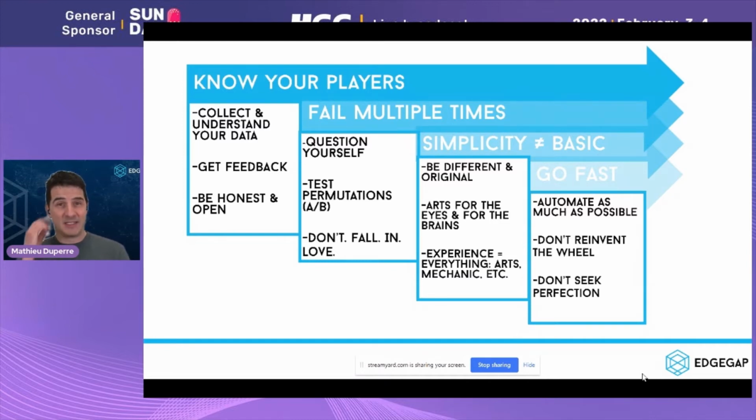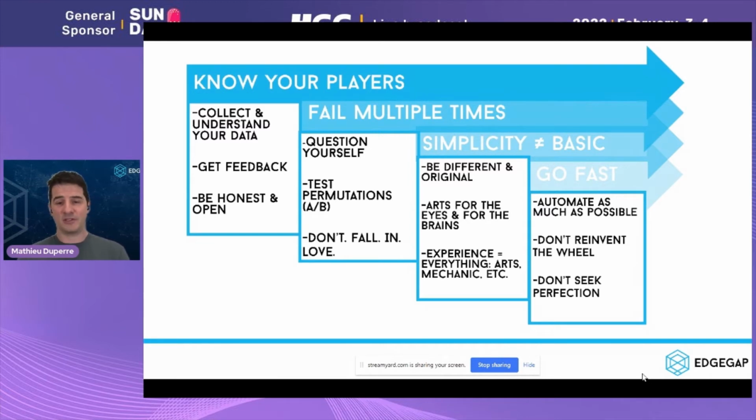And last but not least, I believe one of the most important ones, is to go very fast. Automate as much as possible in your game development cycle, not just from a build perspective, and we'll talk about that in the next few minutes. Don't try to reinvent the wheel. Try to use the tools and libraries that are out there, and companies like Edgegap who can help you build the surrounding of your game so that you as a game developer can spend your time making a good game, making good arts, writing, tweaking the code of the game.